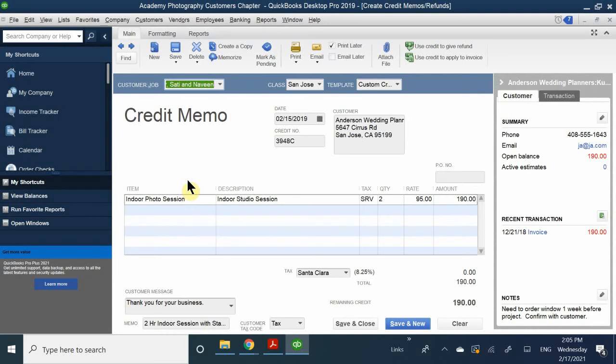Okay. But in this case, what I'm going to do is obviously change the date. The date is February 15th, and look, it says 3948C. I do not want that. It needs to reflect whatever the invoice's number is, which is 4003, and then you can go ahead and write